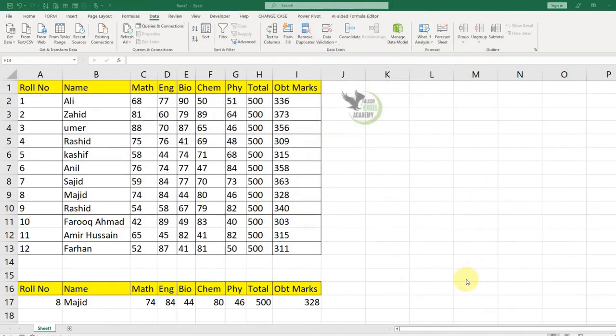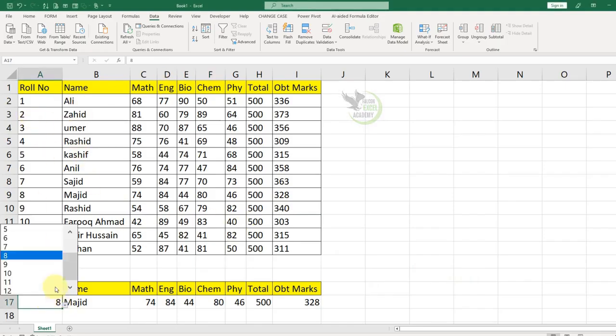I am Vijay and today I am going to teach you how we can use VLOOKUP with a list in MS Excel. For example, I have some data here and I have converted this data into a list. Whenever I select any roll number here, the corresponding data is displayed here. So today we are going to learn how to connect this with the list and how to use the columns